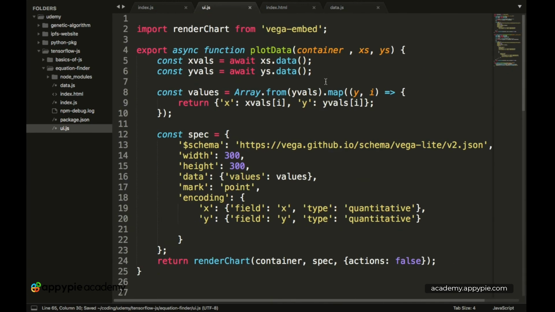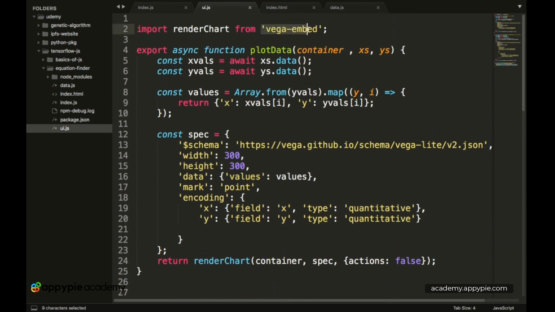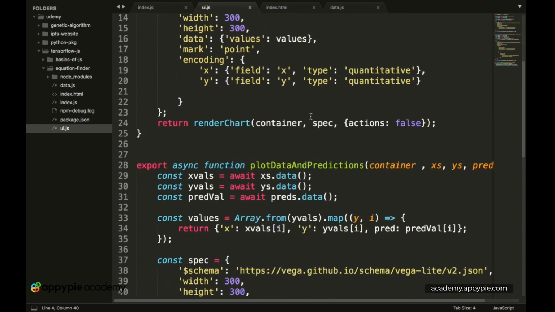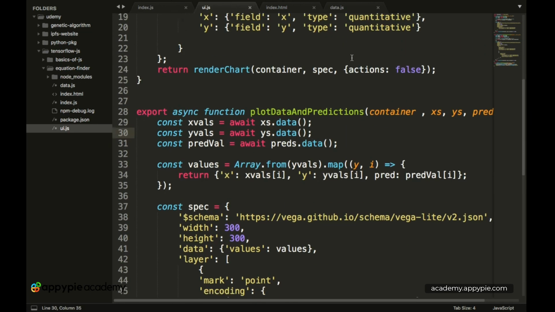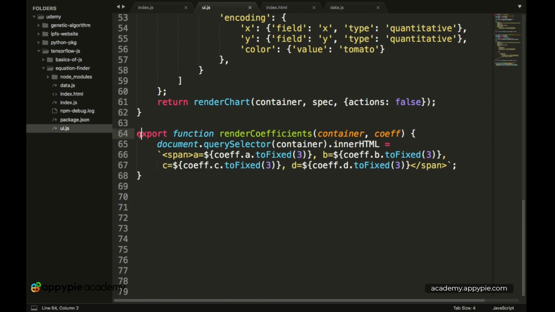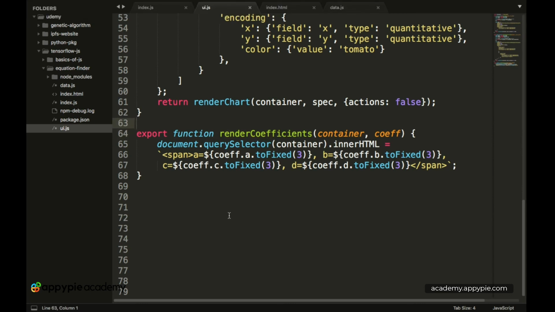And yes, so let's recap everything we have done in the UI.js up till now. We have created a function which will plot the points onto a graph on HTML by using Vega, which is a library. Then we have created a new function which will plot data and predictions on a new graph, so basically we have points and a line on a new graph. And then we have this final method called render coefficients, which gives all of the numerical coefficients into HTML elements, and for that we use document.querySelector and we modify the innerHTML, and all of this